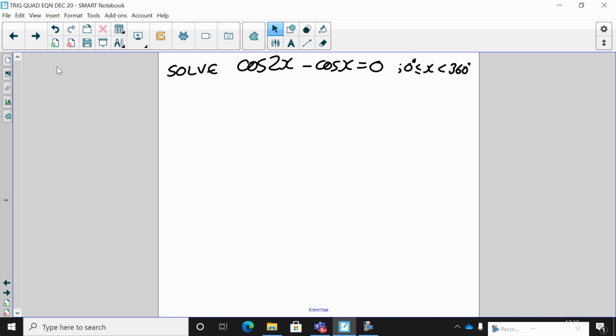What we did initially was we wanted to get rid of the sin 2x or the cos 2x. We've got a cos 2x here, so what we need to do is get rid of that, or sorry, replace it. So that's what we want to do. And so here we go. That's our replacement